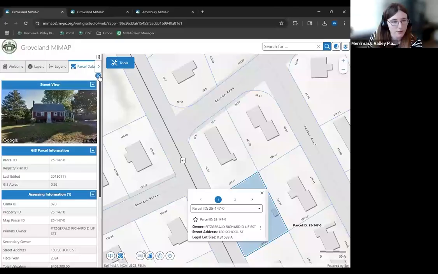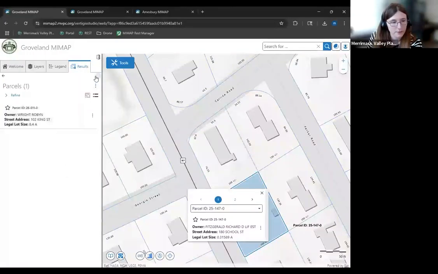So closing out our little parcel data, you'll notice every time I click on something and bring something up, it goes into the results. This is also connected to your search, which I have been glancing over this whole time. So you can actually search really anything and it will bring up data that we've allowed to be searched, which can be customized for each community. So like if you want your water system searchable, then we can make that searchable.